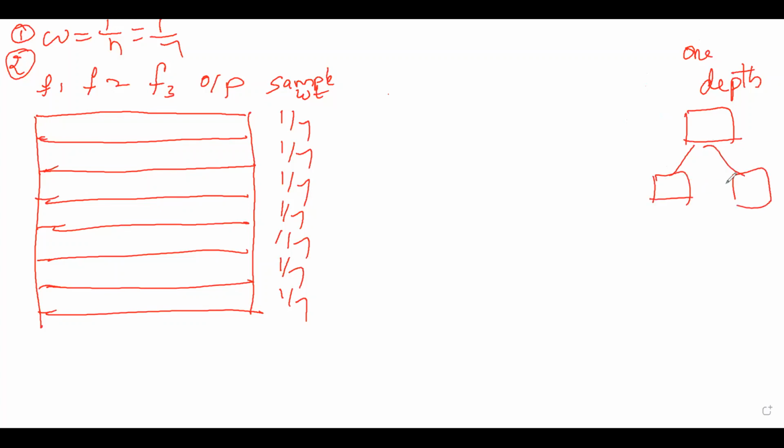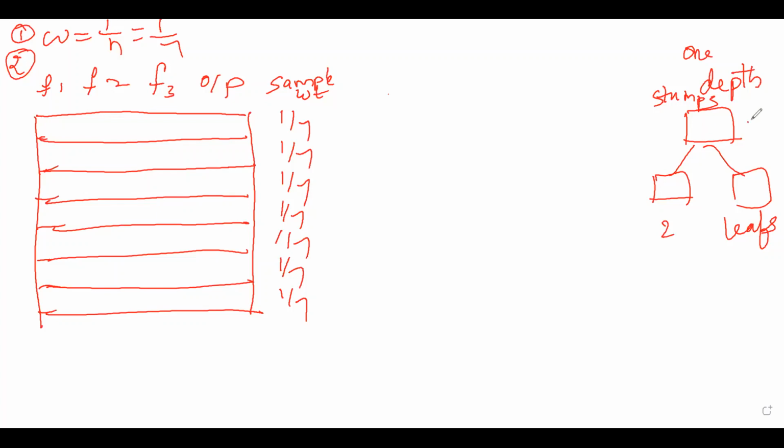So these decision trees are called stumps. Whenever we consider a decision tree having one depth with 2 leaves, or it may have many leaf nodes but the depth is only one, it is called a stump.